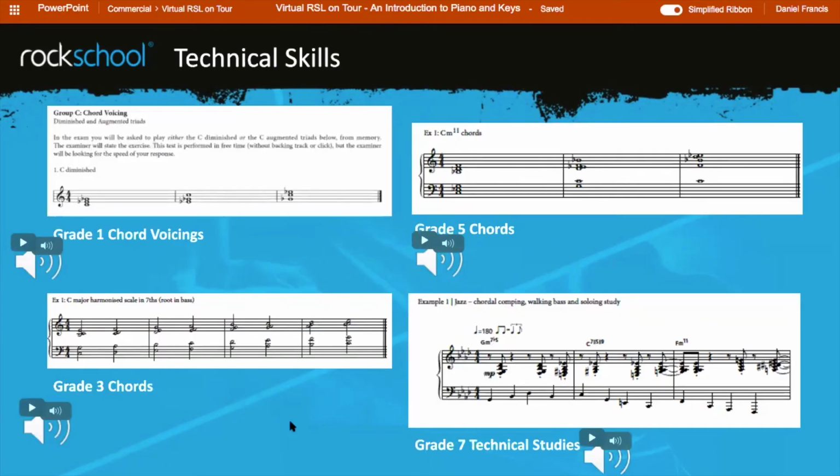Have a little look at the technical skills, which we referred to earlier. This is worth 15% of the final mark. Just to give you some examples of the sorts of things you're asked to do: Group A is scales. Group B is arpeggios and broken chords. Group C is about the chords,